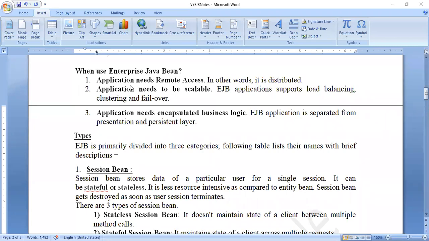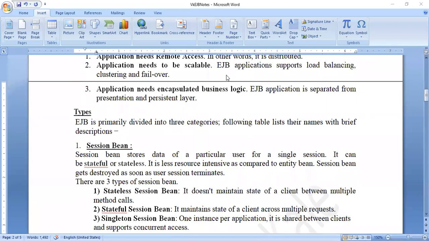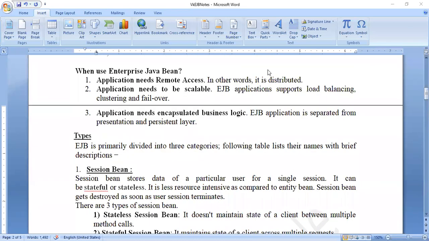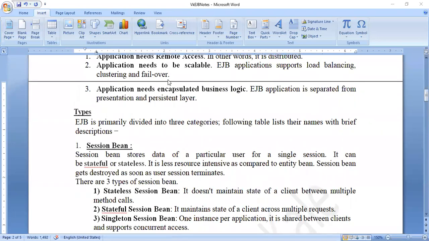Then the application needs to be scalable. Sometimes in the application we require increasing the load.